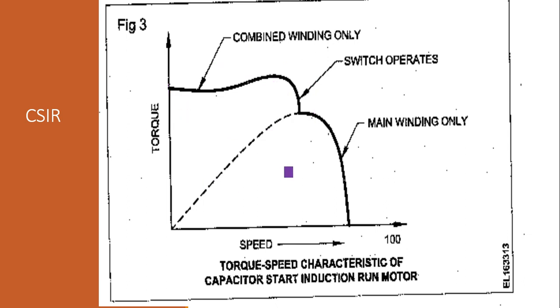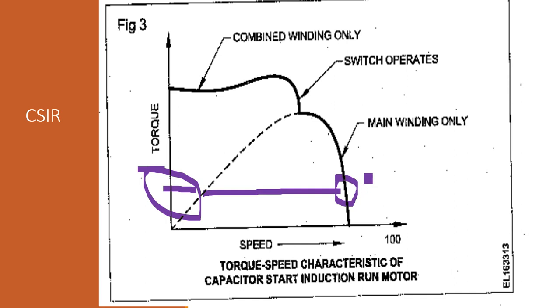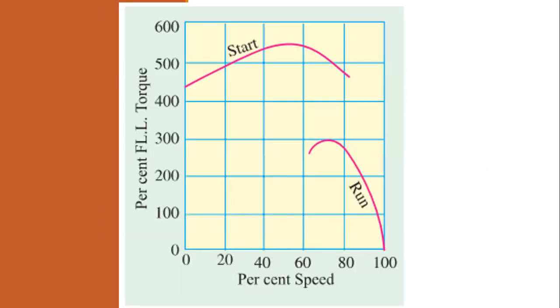So this is the operation. Almost here we will be able to see 100% of the rated torque, and here you will be able to get the operating speed. Okay, if you are further loading the motor, the effective torque will become 0. And for a comparison, for understanding, at 0 speed you can see it is almost having 430% of the full load torque, very good starting torque.